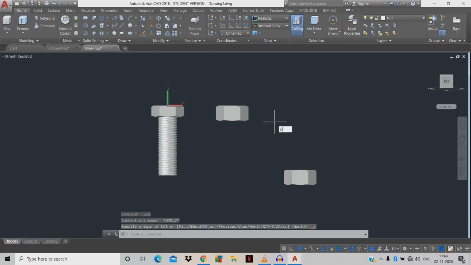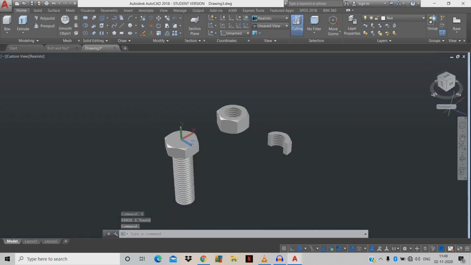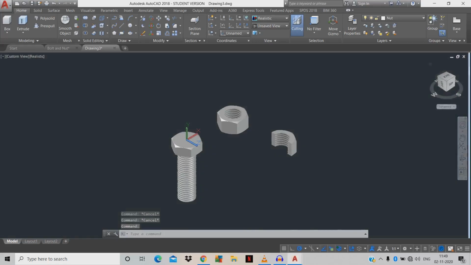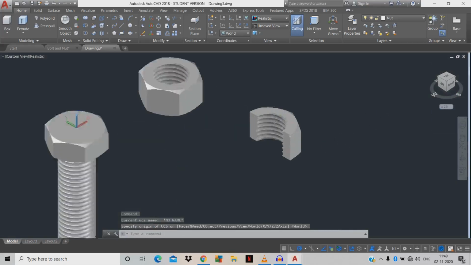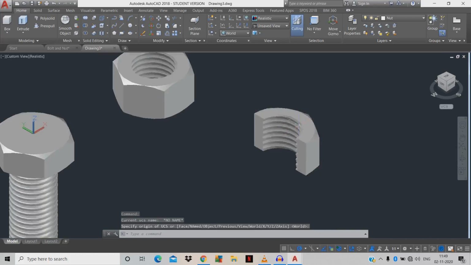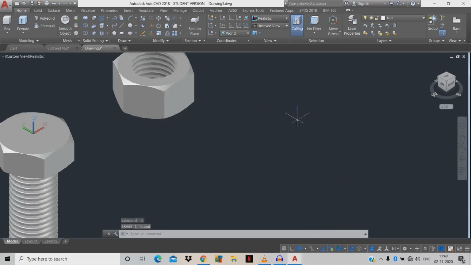Now we're going to slice the object to see the thread. Erase. Click the home screen over here. Have you seen the thread over here? Okay. Click it, E for erase.